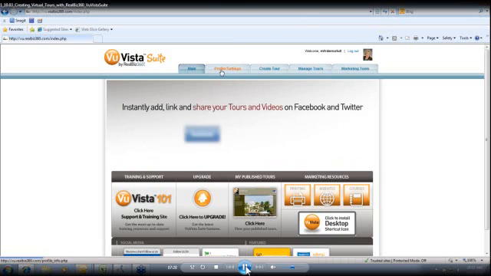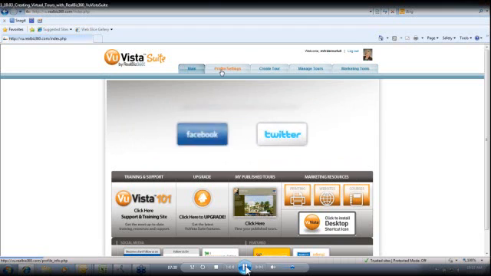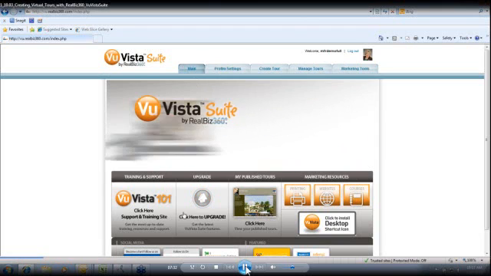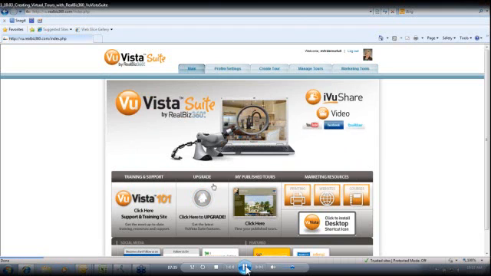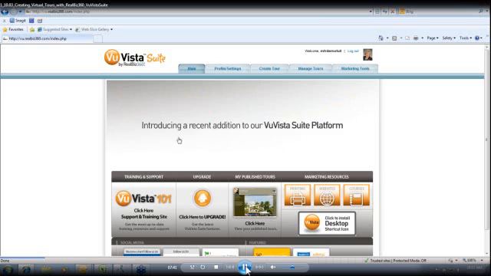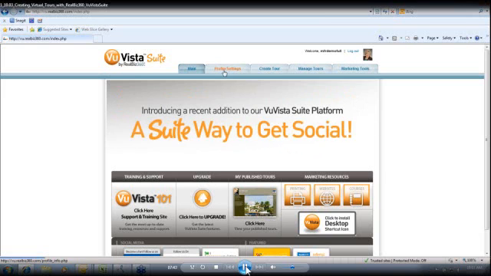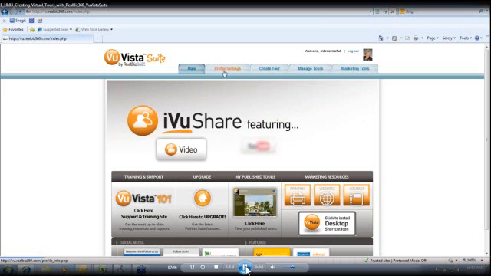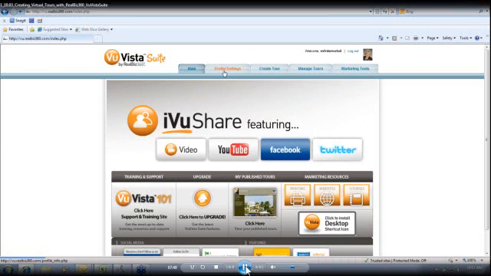Now, the first time you go in and set up, you're going to be in the basic mode. So when you're in basic, you'll have the opportunity to click here to upgrade. It's right here in the middle of your screen on the bottom section. That'll give you the opportunity to upgrade, enter your credit card information and so forth. But let's talk about the first thing we really have to talk about,